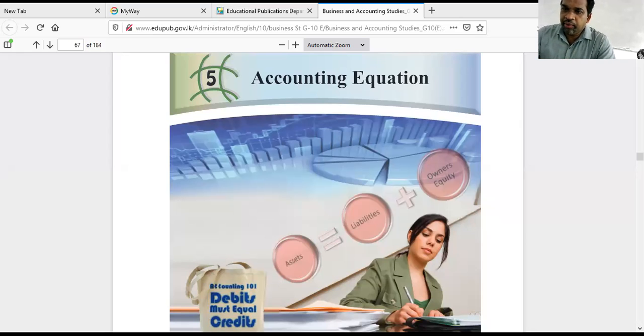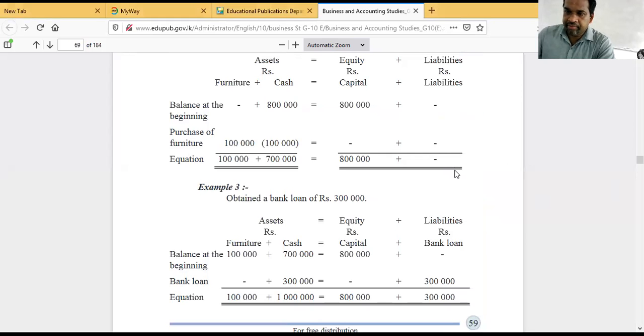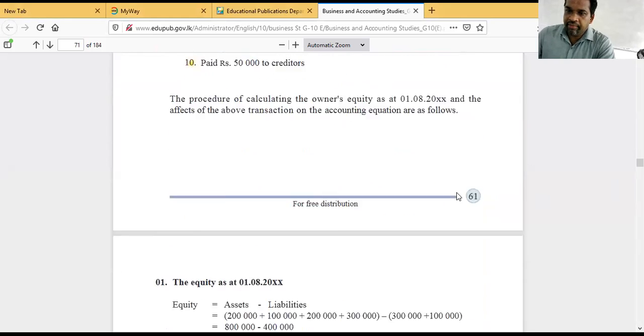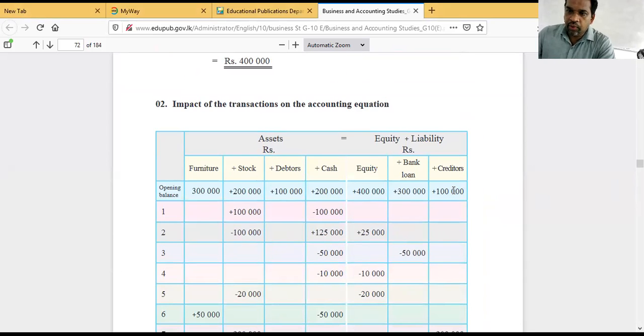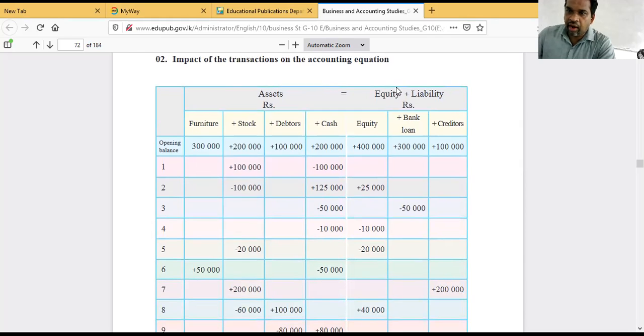Today, I am going to explain again about the account equation. In the previous lesson we discussed everything related to the account equation, but we have a balance part. Then I will discuss that one and finish the chapter. Okay, students, you know how to adjust any business transactions in this account equation. It shows the relationship between assets, liabilities, and equity.